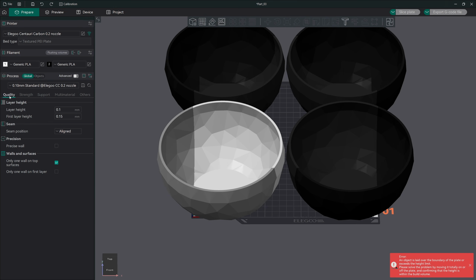In the process section, you'll see different categories like quality, strength, support, multi-material, and others. Before diving into each setting, I want to highlight something that makes OrcaSlicer really user-friendly. When you hover over certain titles, you'll notice that they highlight. This means that they are linked directly to the Orca wiki. If you ever find yourself unsure about a setting, you can click on it to pull up more detailed information